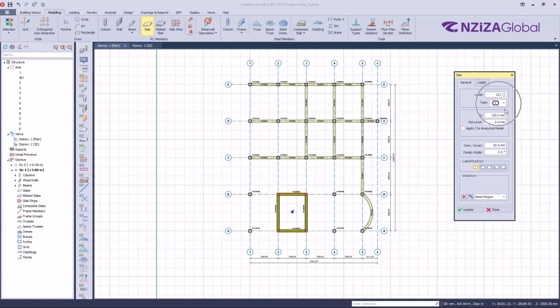If you click on type, you will see various types of slabs. This is very, very important. We have different types of slabs depending on the continuity of the slab. So what does this mean? For instance,